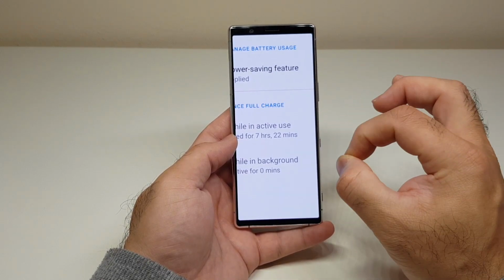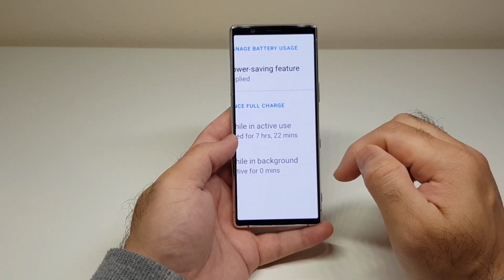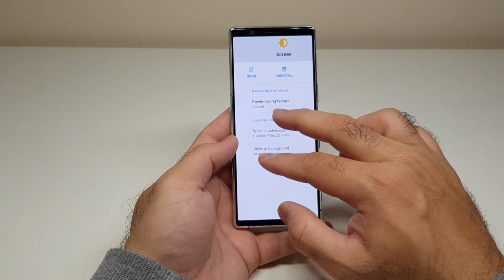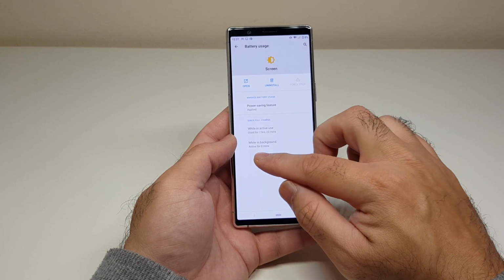This was the highest I could get on this phone. I must admit, a lot of that was used at night time, so I had to bring the brightness down. As you guys know, I don't like too much brightness at night time because it tends to damage your eyes, so that's why I was able to achieve a bit more screen on time. But then again, it's amazing how much I can get out of such a small battery on this flagship phone